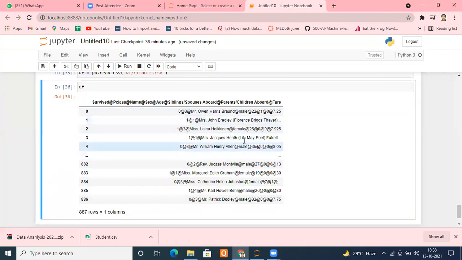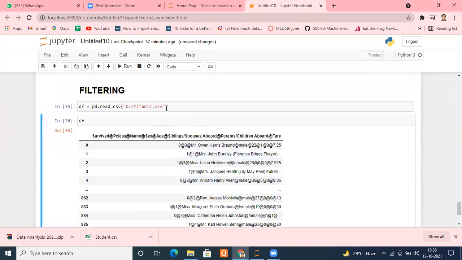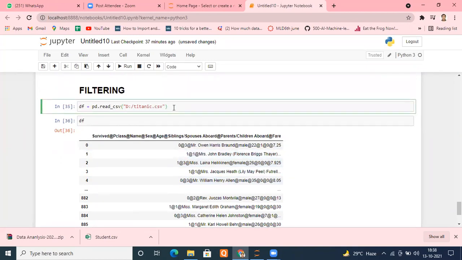Can anybody tell me how I can solve this problem? Now you know, yesterday we did that. It is representing only one column. Everything is represented as one column, remember, but there are several columns: survived separate, pclass separate, name separate, sex separate, age separate, sibling separate. Yesterday we discussed, but everything is coming as one column. Why? So here we have to put sep equal to within double quotes the delimiter. Very good, because by default, the separator of a CSV file is comma.